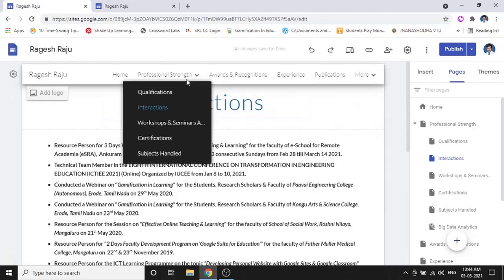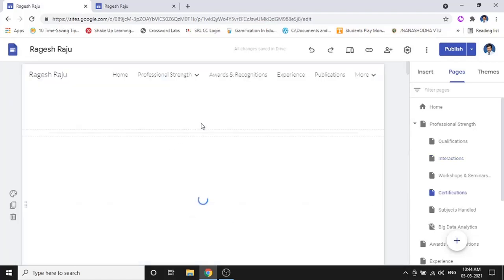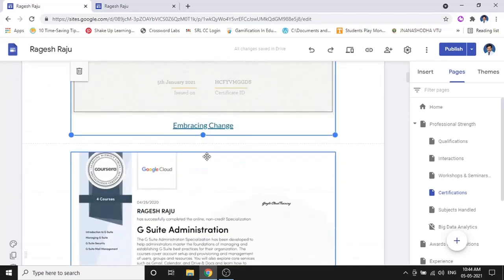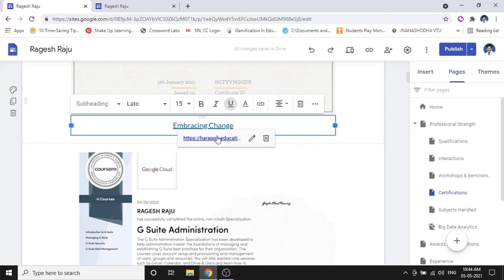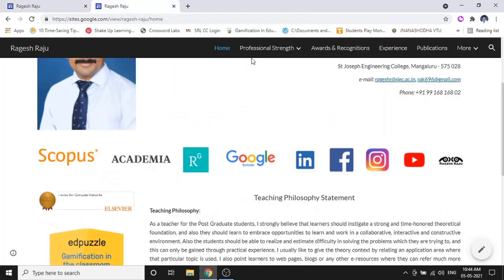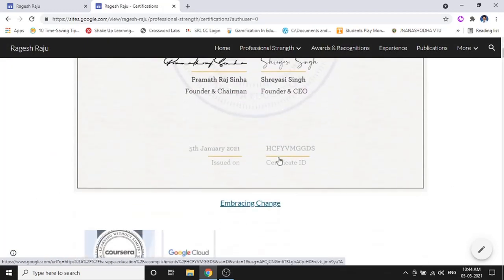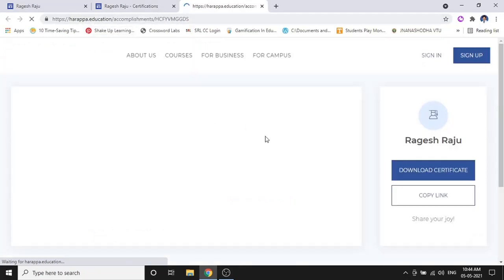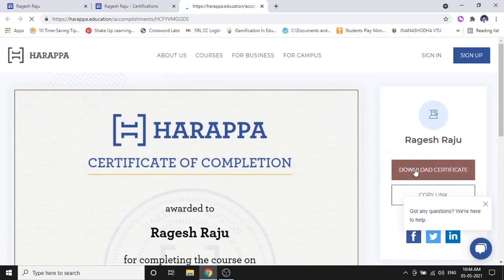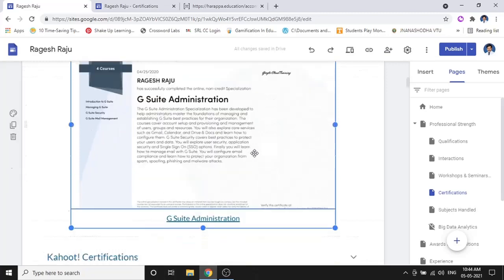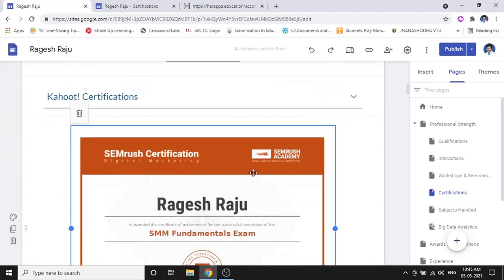Similarly, if I move here for certifications, here I have added my certificates. This is nothing but the images I have added here, right? For each of these I have added an image and given a link to that particular website where you can see the image. So if I come here and click on certifications, if there is a direct link which I get, I just add that link here. When you click on that, it will redirect you to the home page of that particular website which had given me the certificate. This will be good if you have a certificate which can be verified online itself. Similarly, I had given images of my certificates and added them here.